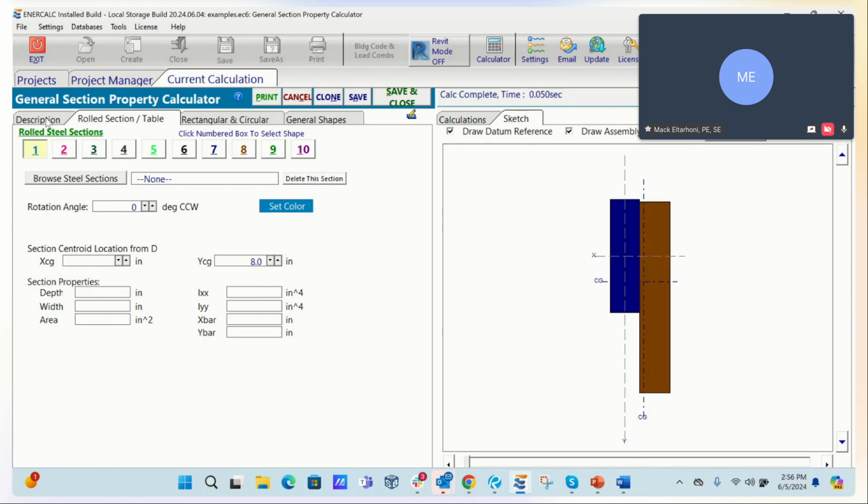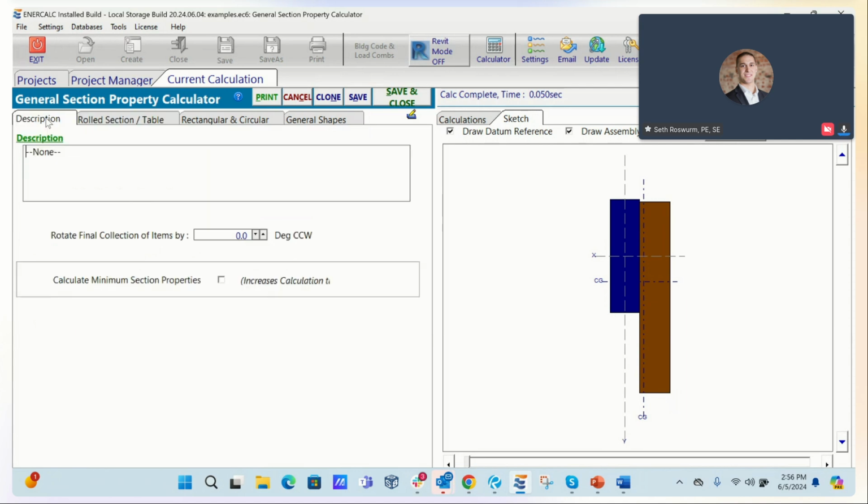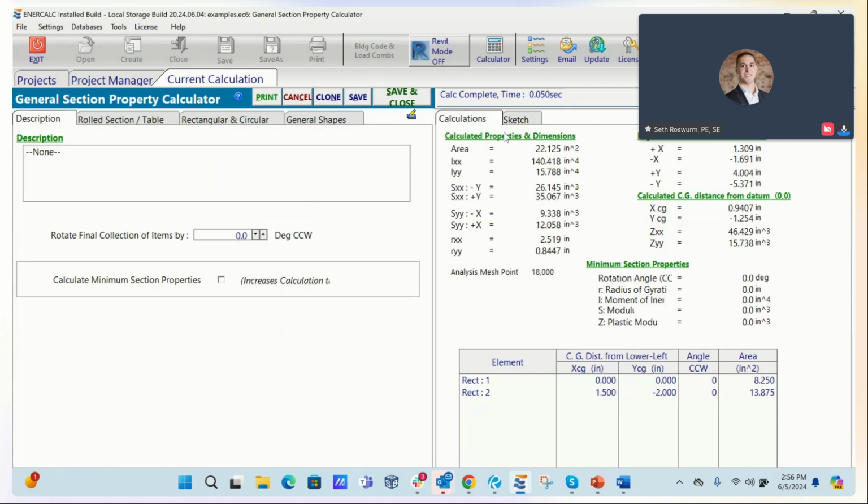And it's pretty common for ENERCALC customers to use this as a companion tool with the general beam analysis module, because the general section property calculator gives you all of the critical properties you need for bending analysis, as well as things like your rx and ry that you would need for elastic buckling, axial analysis, and so on, that you can feed directly into a hand calculation. Or if you're doing bending, go over to the general beam analysis module, feed in your I, and get both deflections and reactions. You stole the words right out of my mouth.